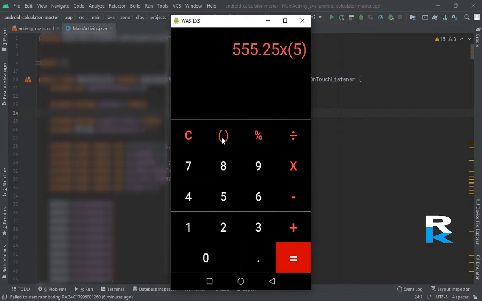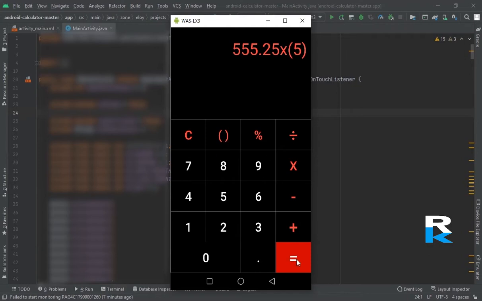The coding is done in the background for all of this, the parenthesis, percentage, and every issue which is faced by calculators especially. Every issue is being solved, and now I want to share it with you. Again I am telling you, it's the best calculator you can ever make, and I just wanted to share a demo with you first.